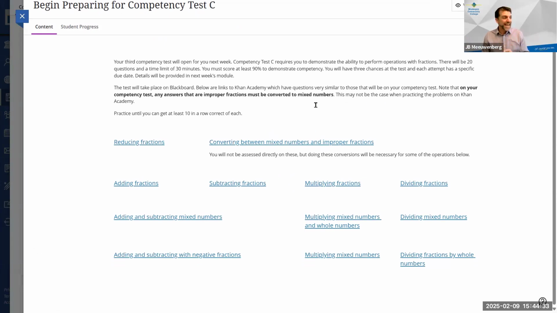When it comes time for your test, answers that are improper fractions, you're going to need to convert those into mixed numbers. I have lots of links to Khan Academy here. Khan Academy doesn't always make you convert it to mixed numbers, but that's okay. I'm going to have you do that. I included a couple sections on reducing fractions, one on going back and forth, converting between improper and mixed numbers. There's links to adding and subtracting, multiplying and dividing fractions, some with mixed numbers,